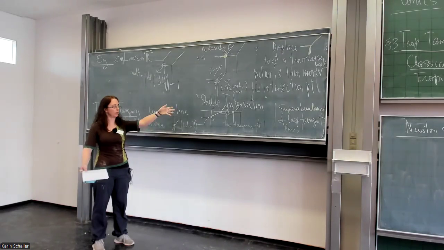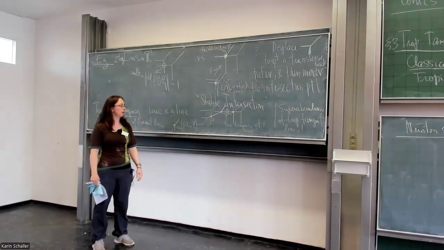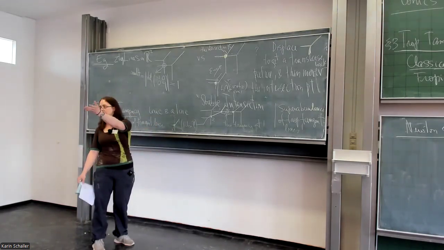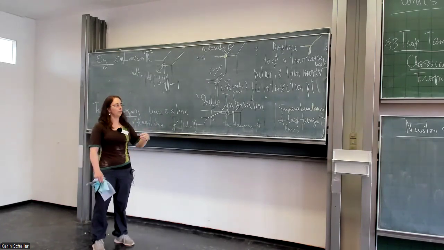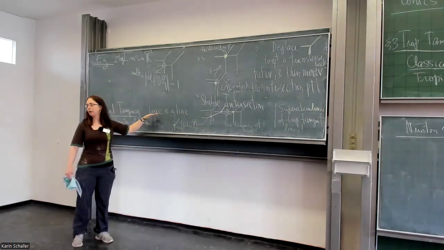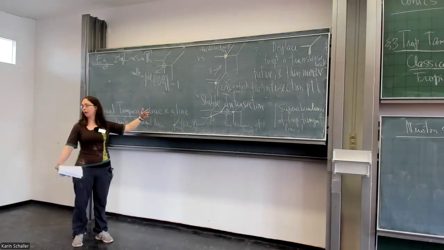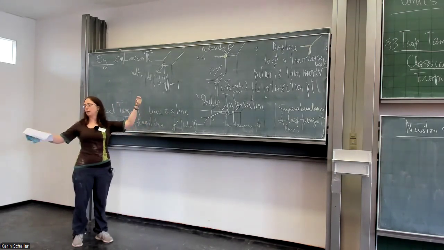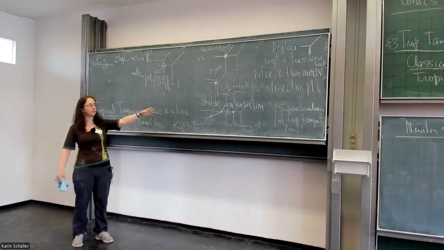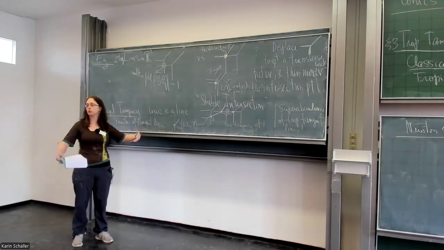And so in the second part, we're going to try to go beyond this for the sextic, and Heinz is going to do this for not just a conic and a line, but now we're going to get a quartic curve, and I'm going to have a line, and it's going to be tangent at 2 points. And then we're going to see the same kind of how we can move things while remaining